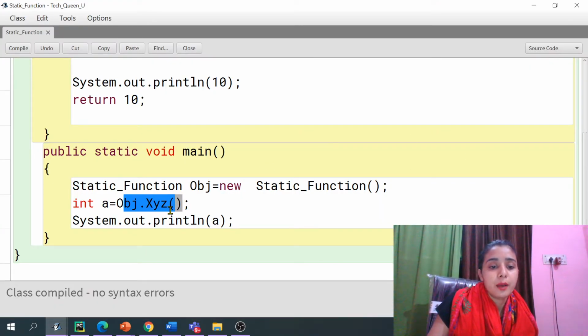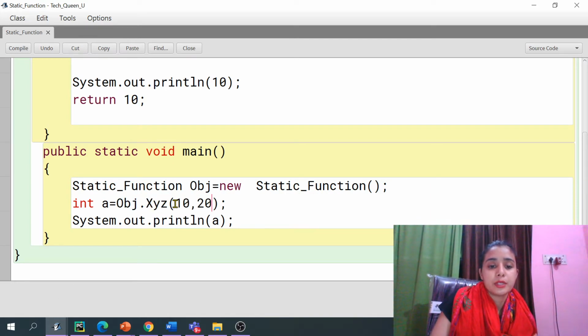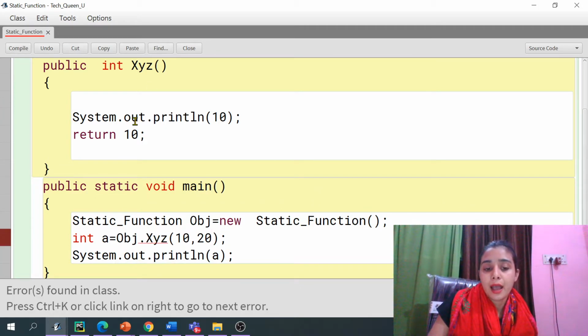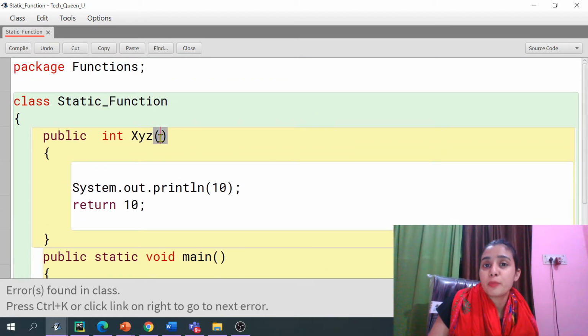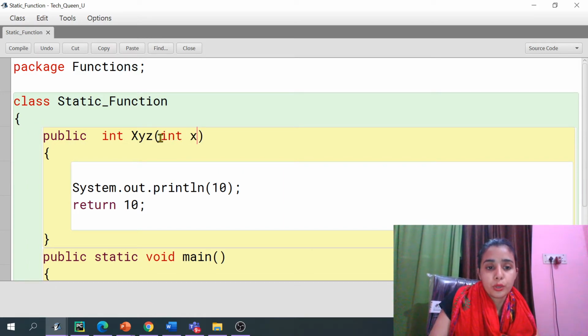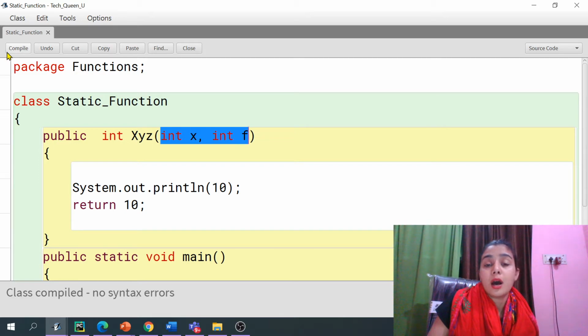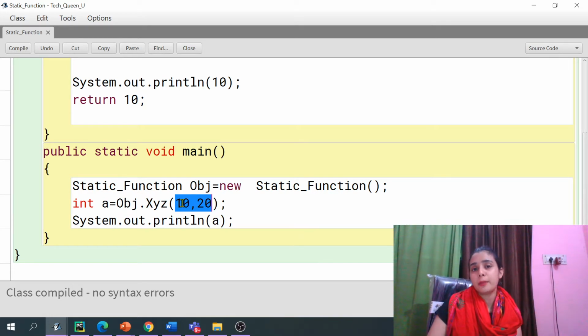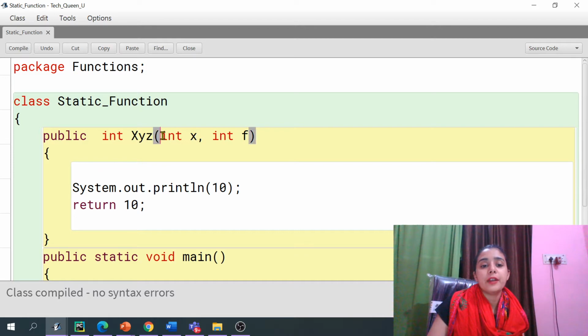here let's say I'm sending the values 10 comma 20, anything, right? So now see, if I compile that, it is creating an error. Why? Because you are sending 10 and 20, but here you have to specify the receiver also. Integer X or whatever you can give there, that is up to you, integer F. So now see guys, this integer X and F are my formal parameters, and here this 10 and 20, which I have used at the time of calling, are called my actual parameters. Okay, so we are just sending the values only.